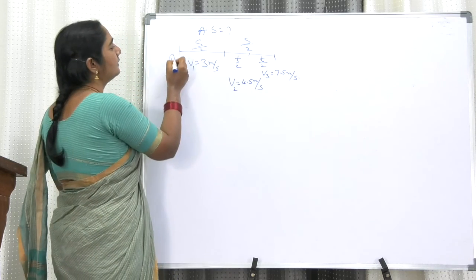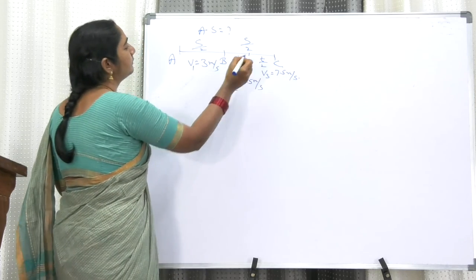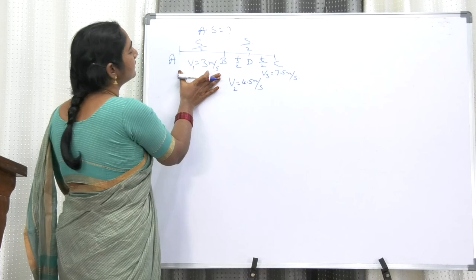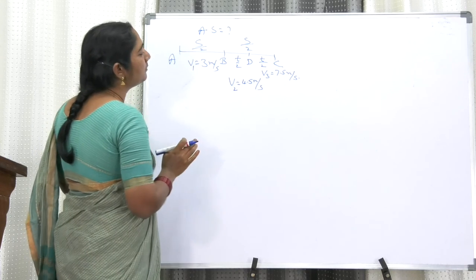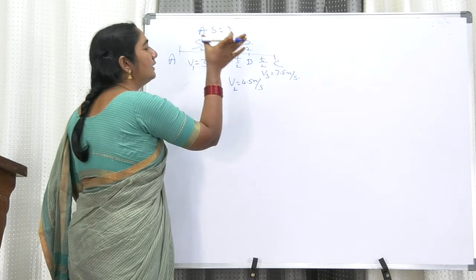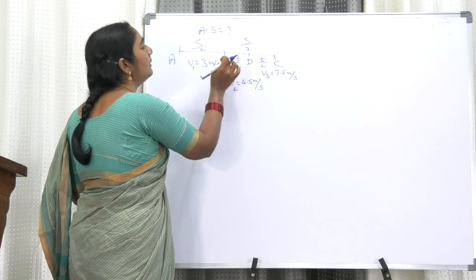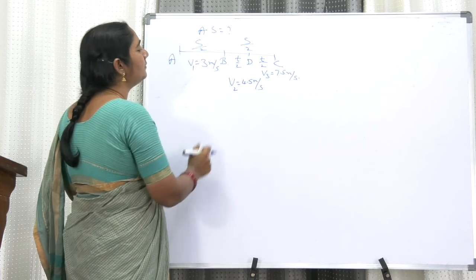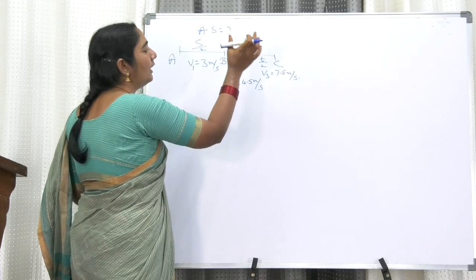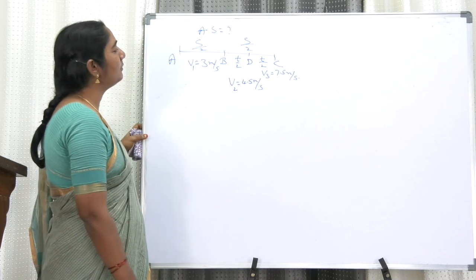Now my dear friends, let us see here. In this particular case, from A to B half the distance, going with a velocity of 3 meter per second. Next from B to C, half the distance. Again half the time means from B to D, the time taken is half the time. The body is going with velocity 4.5 meter per second, and again from D to C another half time, it is going with a velocity 7.5 meter per second.